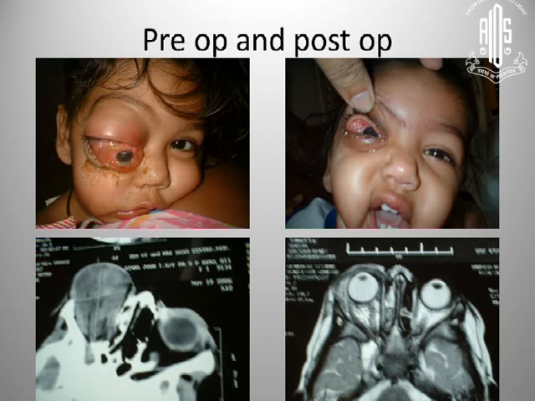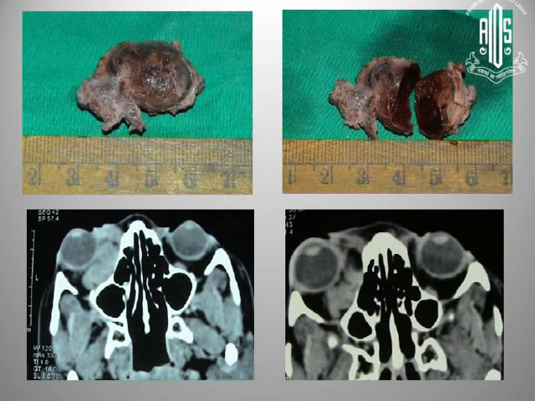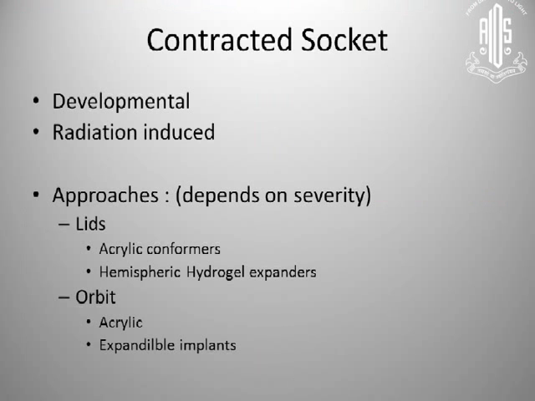But I would just like to share with you some of the patients who have come to us and how they have been benefited with timely intervention. Like for example, this child with lymphangioma, a benign tumor but potentially sight-threatening, in this case with a normal intervention was restored vision. Sometimes a more aggressive combined orbital neural approach is required. Sometimes you can get away with just endoscopic removal of tumors, giving the slightest of marks on them.